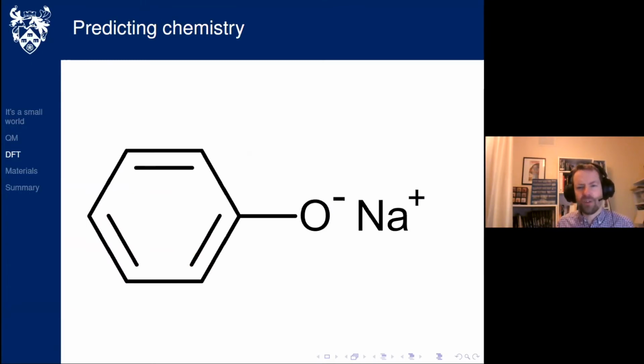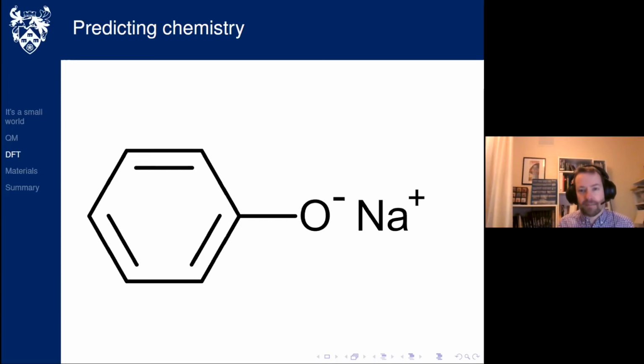What kind of things can we do then? Well, I've drawn here an organic chemistry textbook example. If you do organic chemistry, you might recognize this notation, but don't worry if you don't, I'll talk you through it. This is a hexagon made of carbon. So there are 6 carbon atoms in a hexagon.